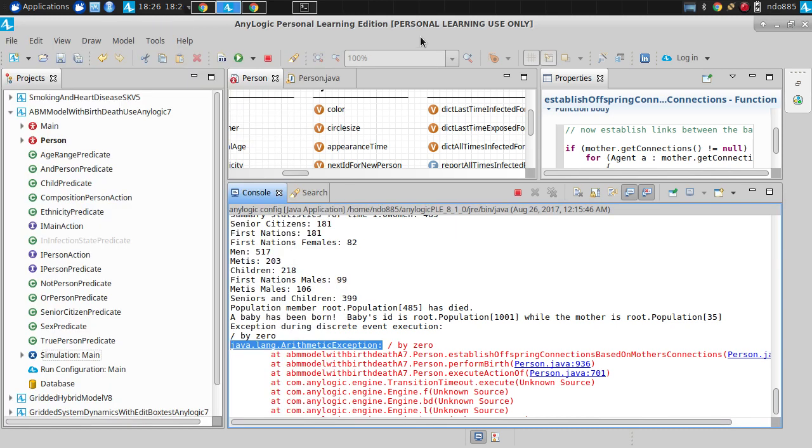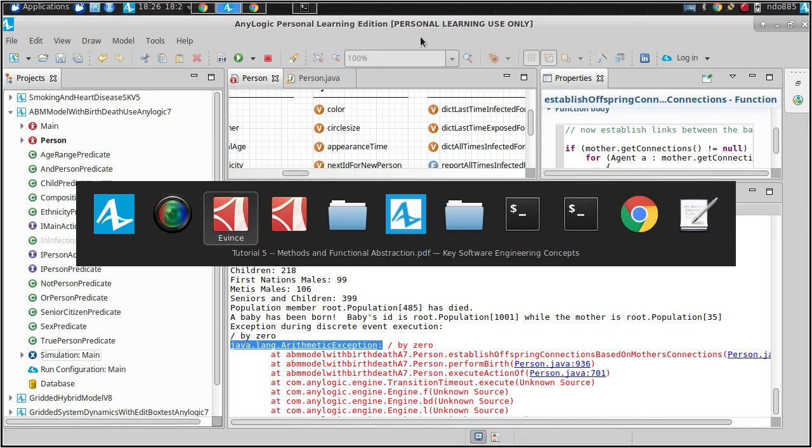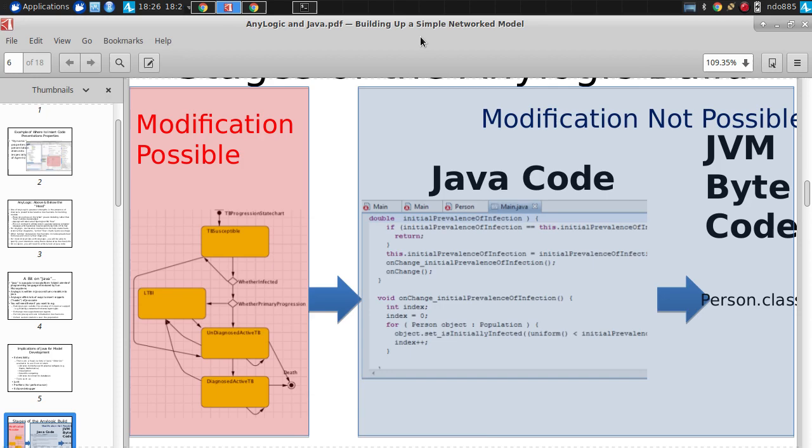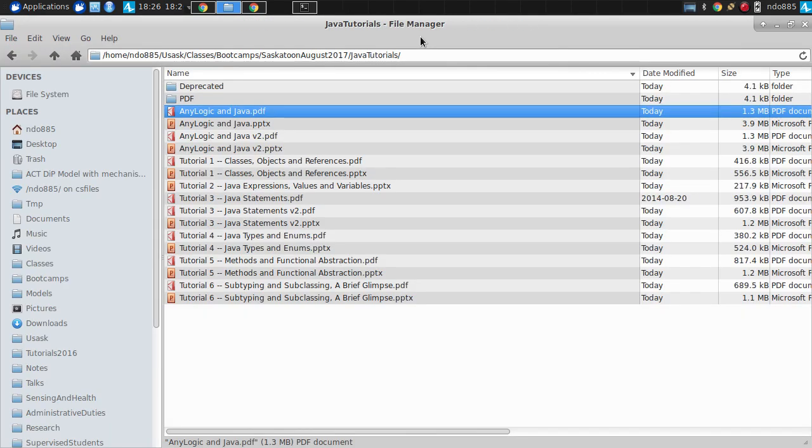Okay, ladies and gentlemen, time ticks on, and